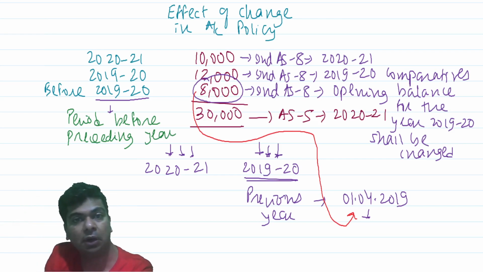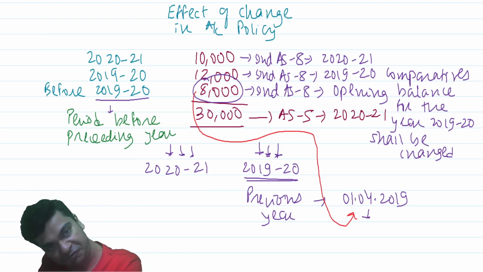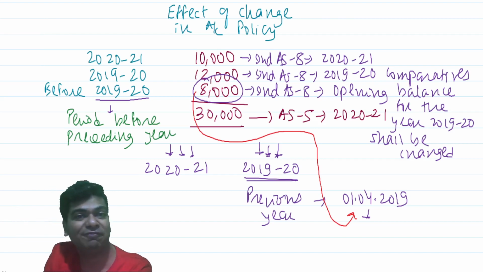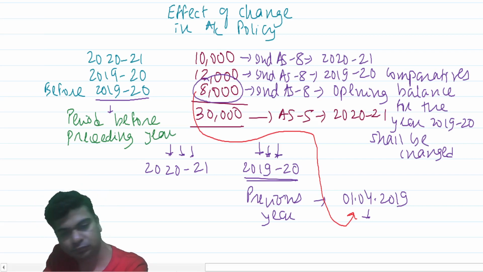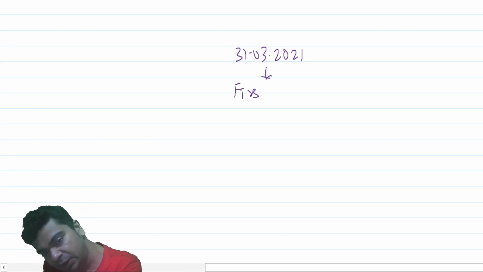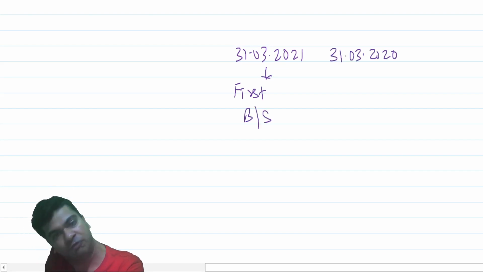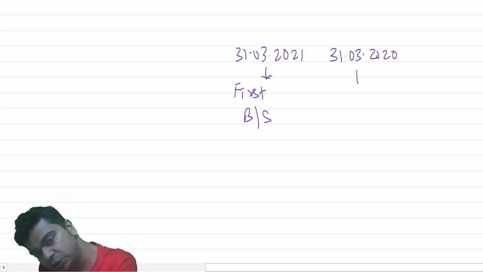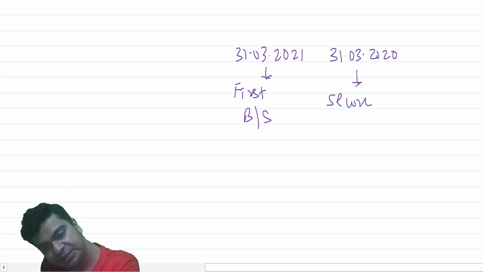You can have a third balance sheet only when you already have a first and second balance sheet. Where is the first and the second balance sheet? It's very clear. Your year is ending on 31st March 2021. You will prepare your balance sheet on 31st March 2021. A balance sheet is prepared on a particular date, isn't it? This is nothing but your first balance sheet. Then for comparison, you will give figures on 31st March 2020, right? This is nothing but your second balance sheet.